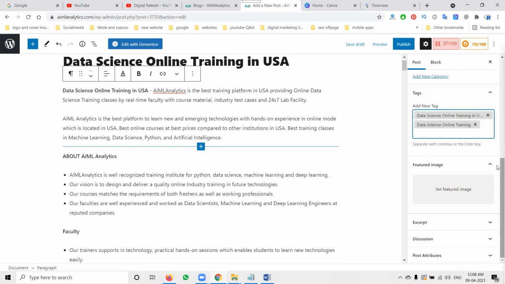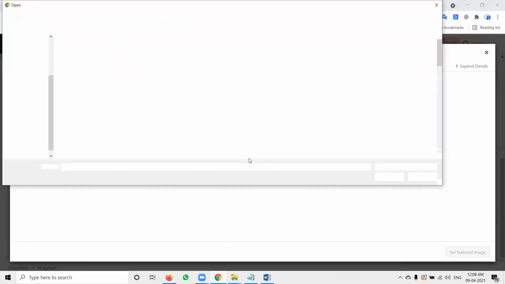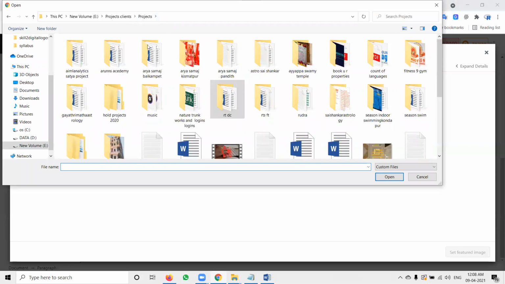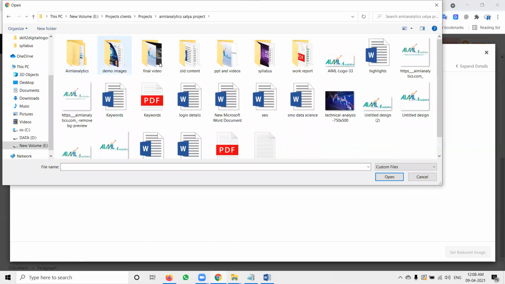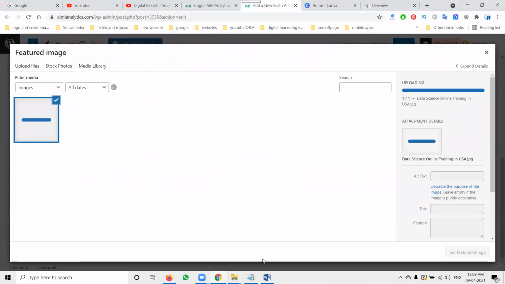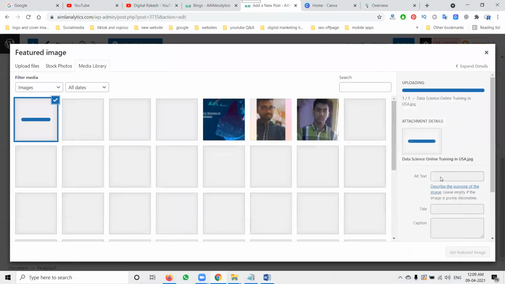After this, the major important option is the featured image. This featured image is mainly to show your content for social media purposes. We can add your particular image option. The image will be comfortably designed by using the Canva option. So design the image. Here, for any image, we don't forget the option called alt tag.